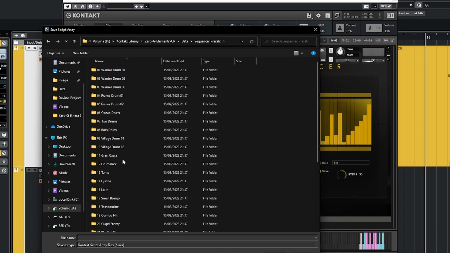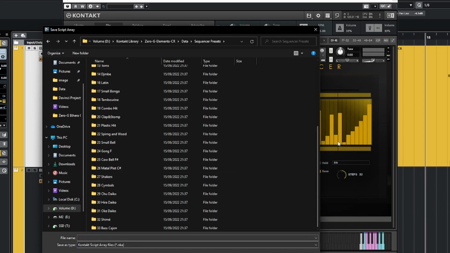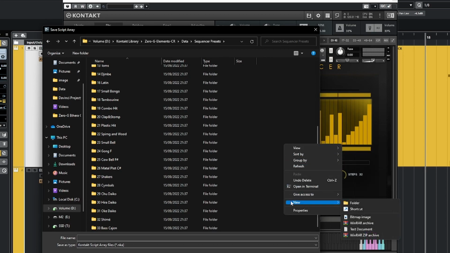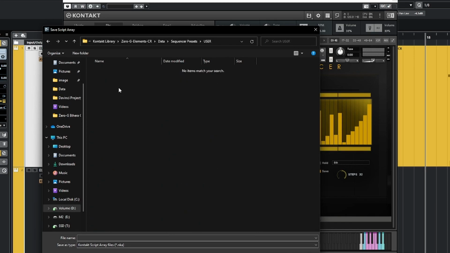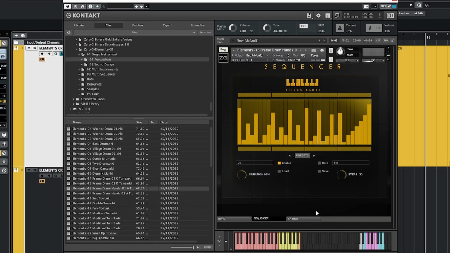You can see all the factory presets for the sequencer. Now, for example, I can create a new folder. I can call it user, and inside the folder I can save my pattern 1, right? Save.